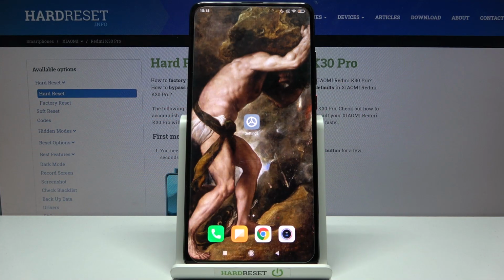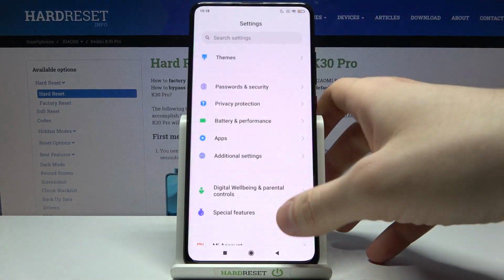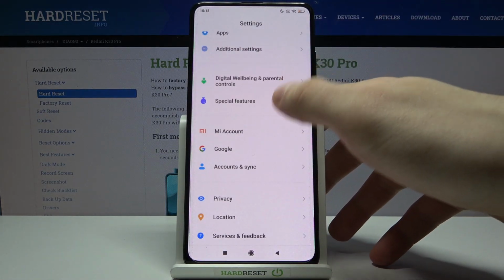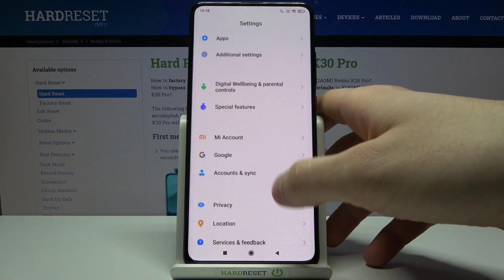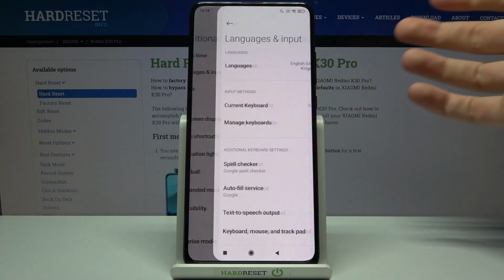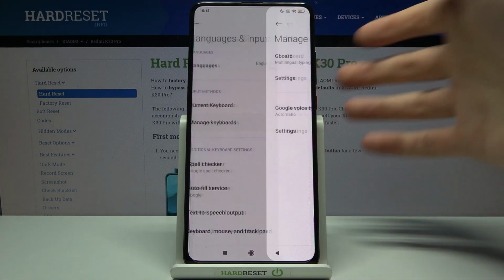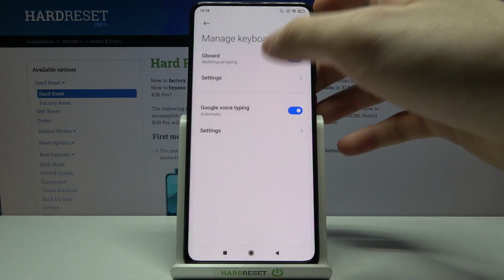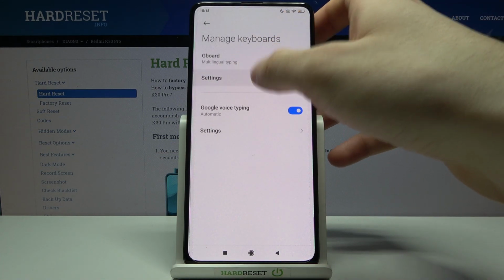Here I have Xiaomi Redmi K30 Pro, and today I'm going to show you how to change keyboard language on this device. So firstly, you'll have to open settings, then you have to enter additional settings, then go to the language and input, manage keyboards, then you go to this Gboard settings,